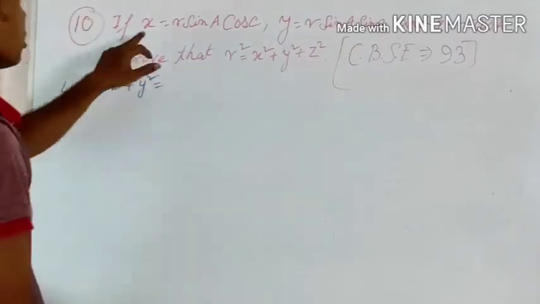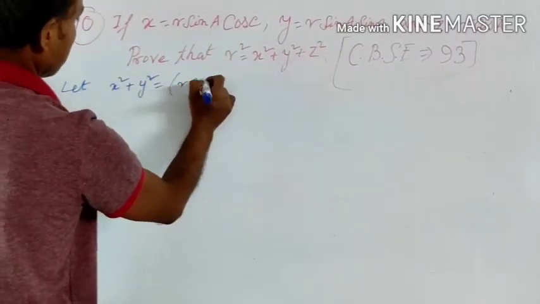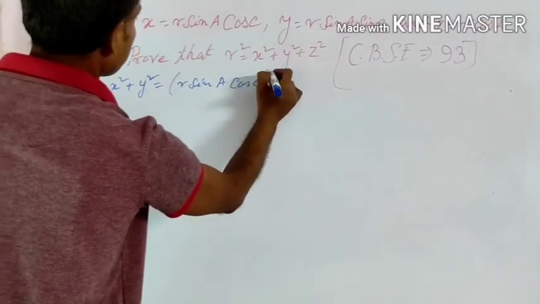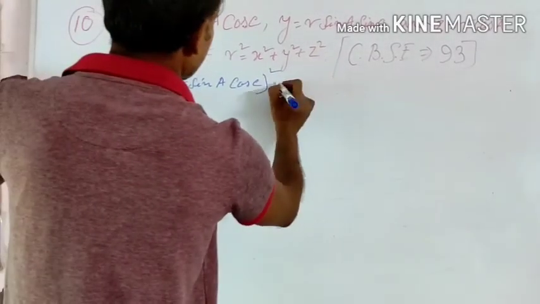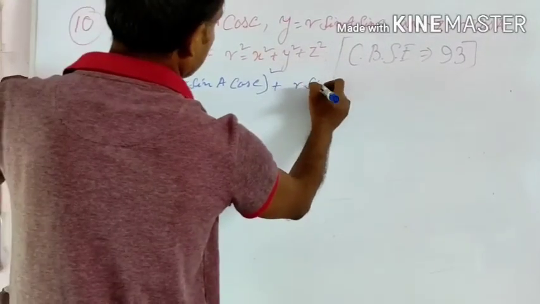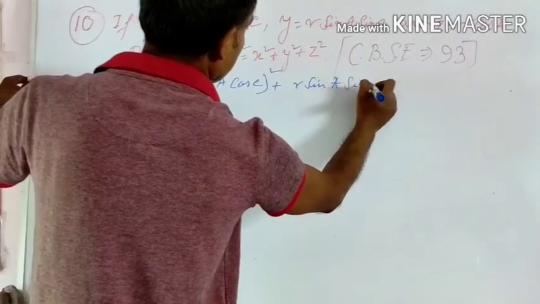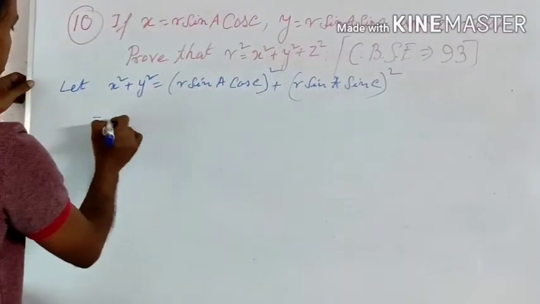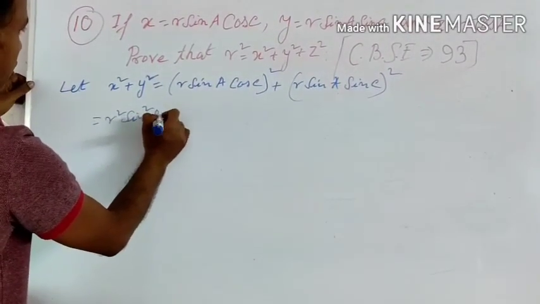Here put the value of x is equal to (r sin a cos c) whole square, plus y square is equal to what? Y is equal to (r sin a sin c) whole square, is equal to r square sin square a